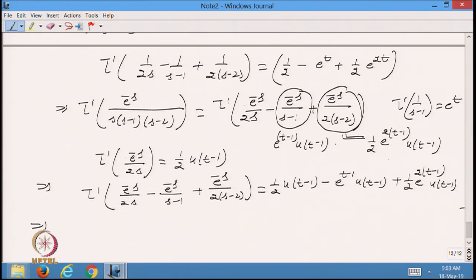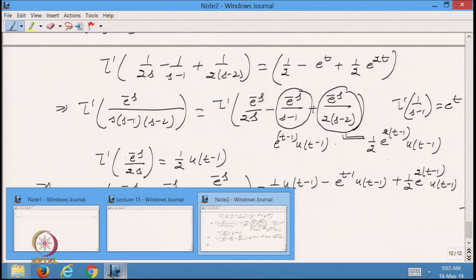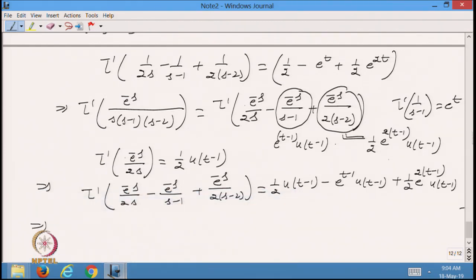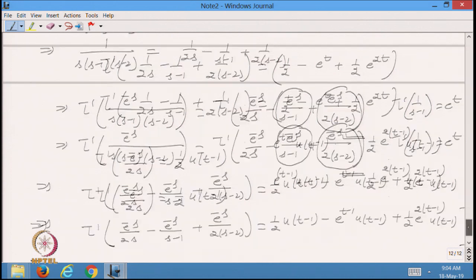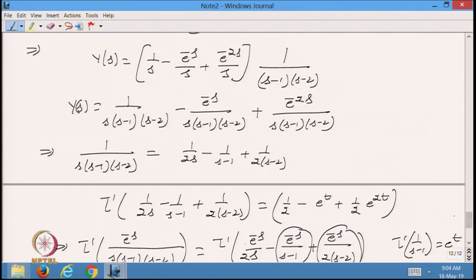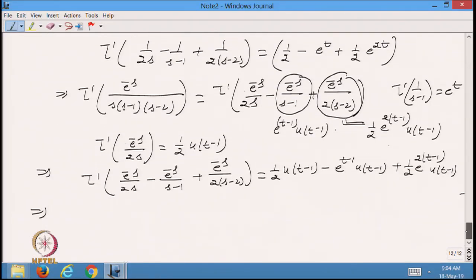So, from here, the same way I can go for the other one. The only difference is that if you see it clearly, here we are multiplying by e to the power minus 2s. It means the unit step function has the value at a equal to 2 in that case. So, from here, now